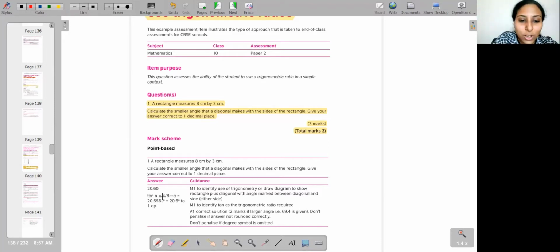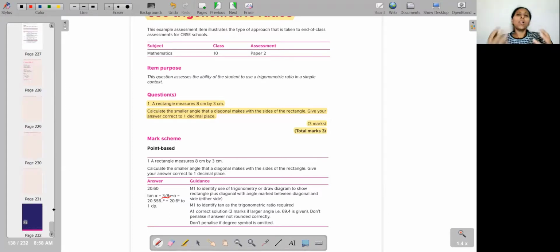So this is a case where you're getting a ratio as 3 by 8. And in order to find the angle corresponding to this, you would need to use your calculator. Without the calculator, you would not be able to solve for this. So this is another change that has been proposed in the exam. All these changes are a welcome move. It is bringing us closer to types of questions which can actually be asked in international assessments and which are more practical when it comes to your later university studies and college studies also. So we should definitely welcome this move.